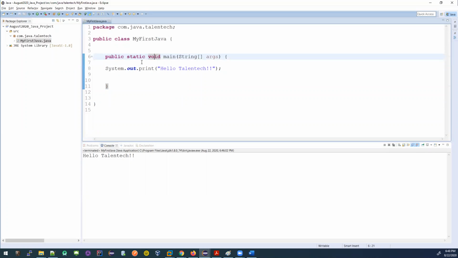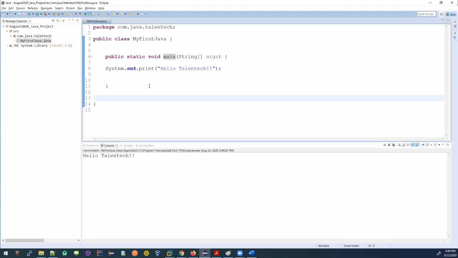All these words have a special meaning. They are also Java keywords. You cannot use these keywords anywhere you want, right? These are reserved for Java. Java uses these keywords. These are also identifiers. This is the main. Everything you see here is reserved for the main method. Main method or class, whatever you're writing, it should start with a curly bracket and end with a curly bracket. If you are missing a curly bracket, you'll get an error.